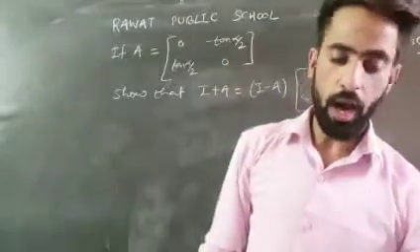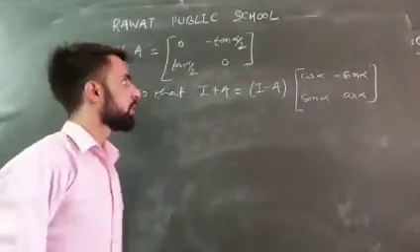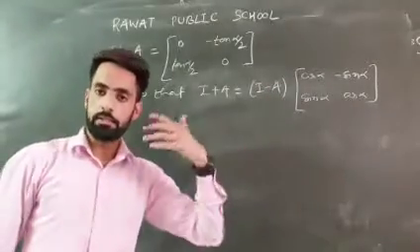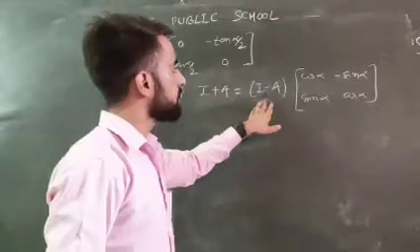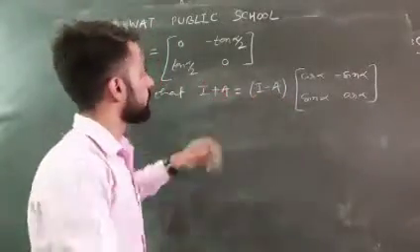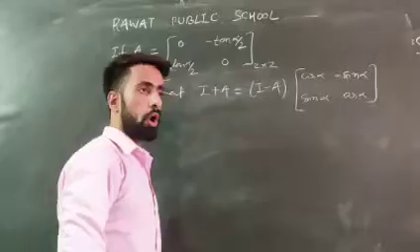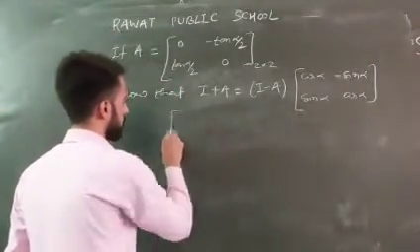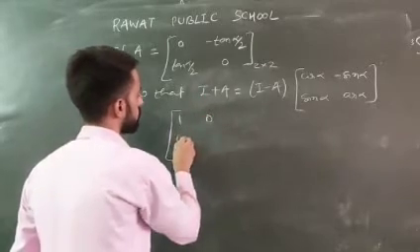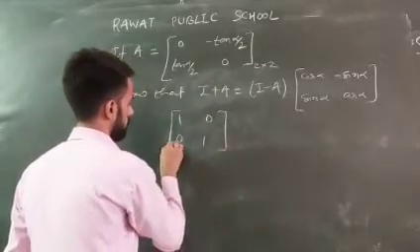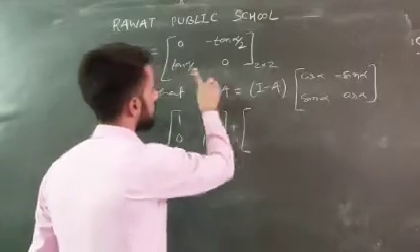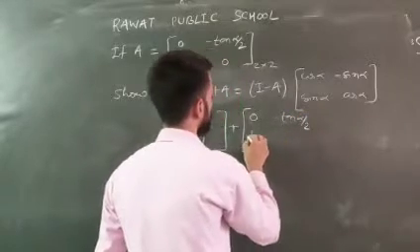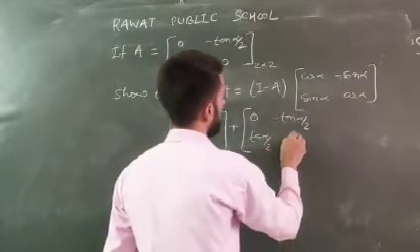Now here we know that I stands for the identity matrix, and it is always similar in order to the matrix with which it is being added or subtracted. So the I is being subtracted with the matrix A, and the order of matrix A is 2 by 2. So the order of matrix I also will be 2 by 2. So our I is 1 0 0 1, plus A is this 0, minus tan alpha by 2, tan alpha by 2 and 0,